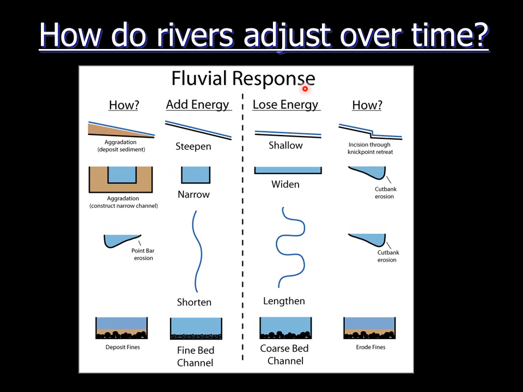The opposite is also the case. Let's say a river needs to lose energy. It has too much. It's roaring. It's going crazy. It can either shallow its slope, widen its channel, lengthen its channel by meandering more, or generate a coarse bed on the bottom of the channel, so you get a bunch of sharp angular rocks that eat up friction on the bottom of the bed. Rivers can shallow their slope through nick points, which are basically waterfalls that retreat back over time and erode out the channel, making the